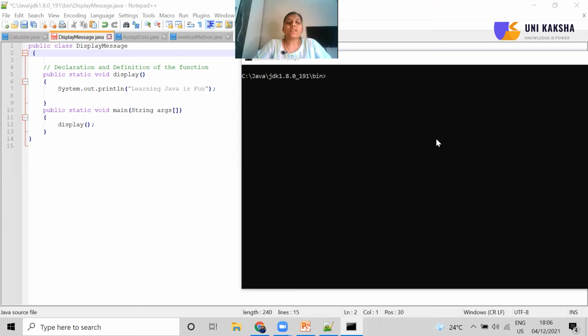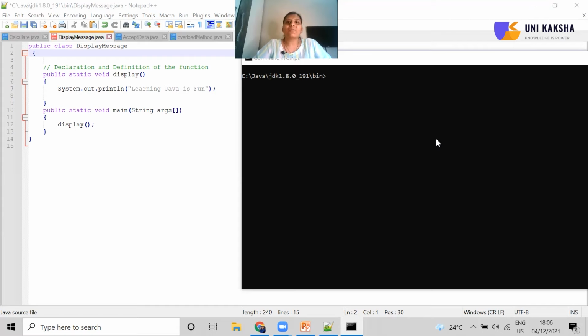This display method is simply written to display a message, Learning Java is fun. Now here we have called the println method. println is considered a method, but it is an inbuilt method, whereas display is also a method, but it is a user defined method. So this is the difference.